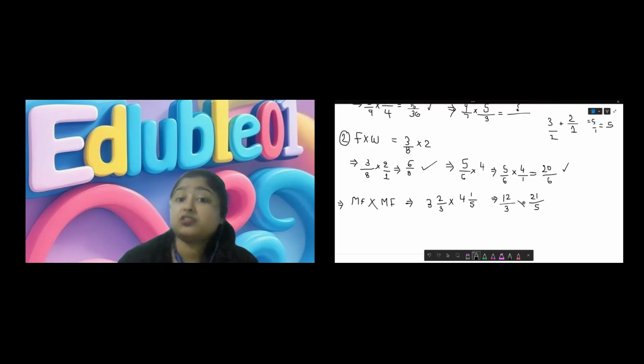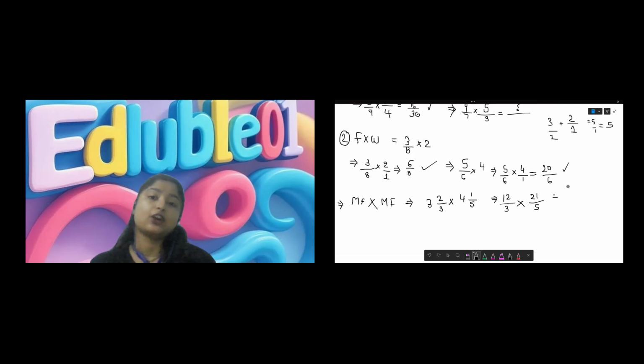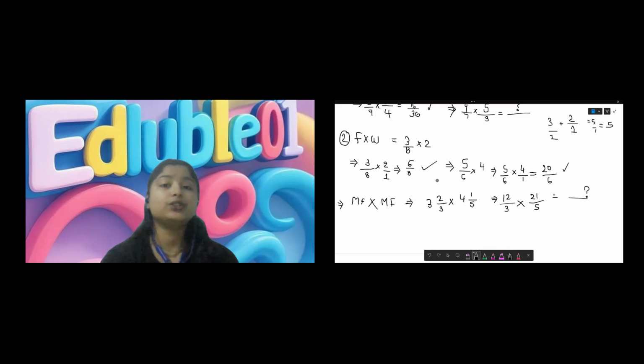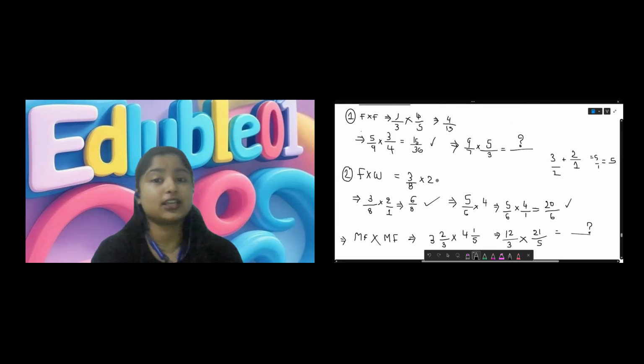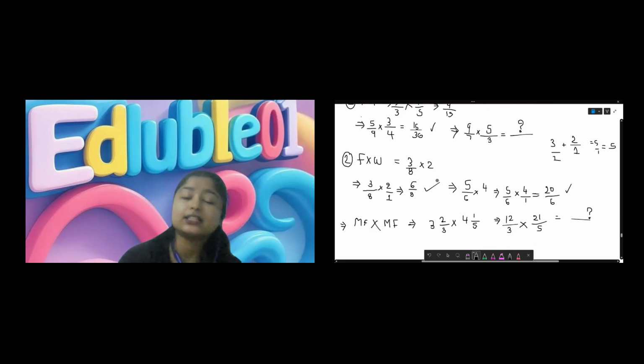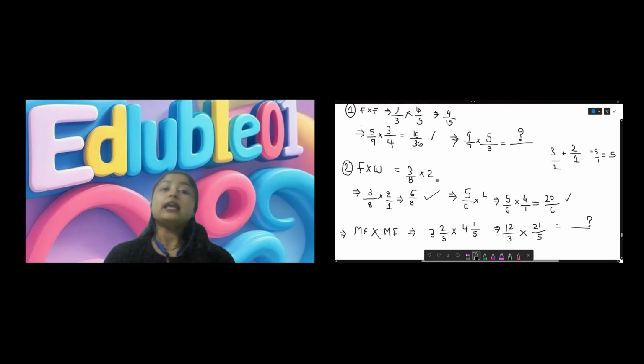Now, simple multiplication. 21 times 12, how much is it going to give you? 5 times 3, how much is it going to give you? That's what your answer is going to be. The easiest way, right? Okay, so this is how you do the fraction multiplication. As I've told you, we have seen all the 3 scenarios that can be possible in fraction with multiplication of